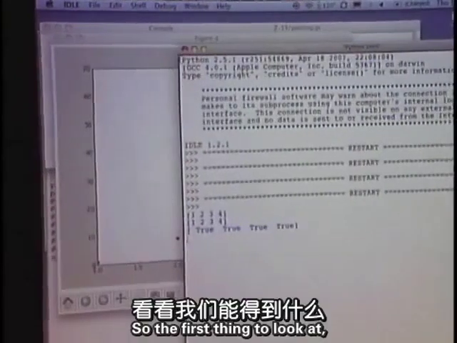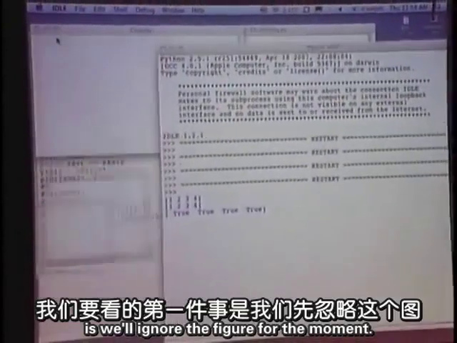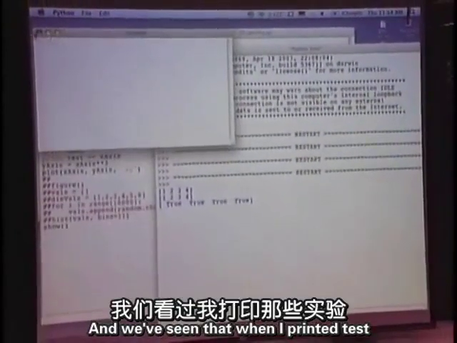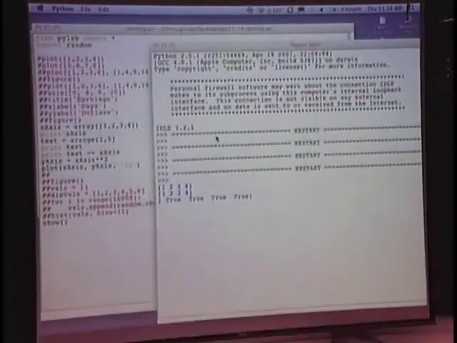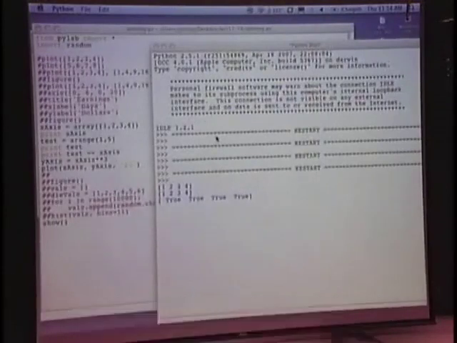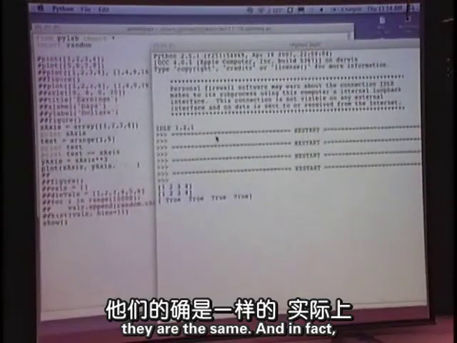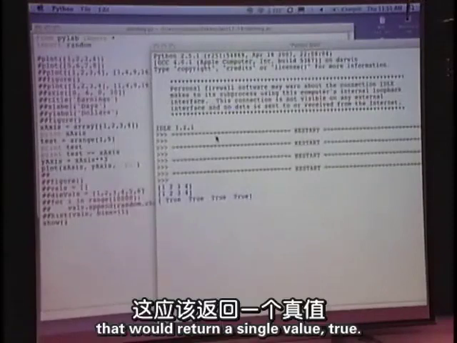So the first thing to look at is we'll ignore the figure for the moment. We've seen that when I printed test and I printed x-axis, they looked the same. They are the same. And in fact, I can do this interesting thing now, print test double equals x-axis. You might have thought that would return a single value, true.